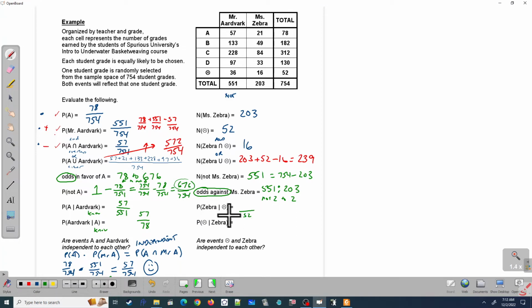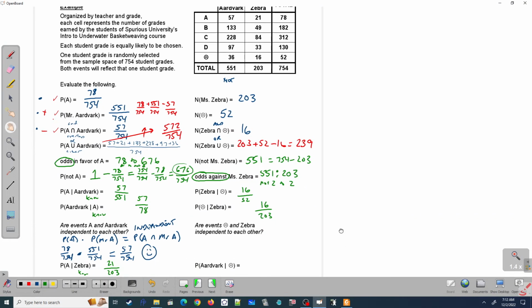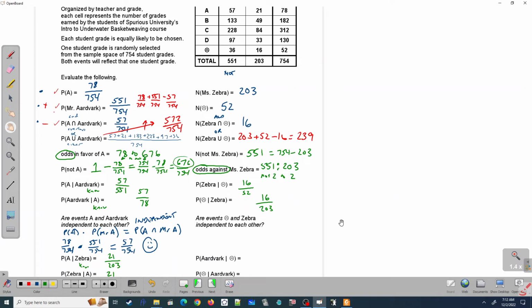Of the 52 students, 16 had Miss Zebra. If I know I had Miss Zebra, I'm going to narrow it down to 203 students, but again, still 16 students were unhappy and also had Miss Zebra. So if I'm going to try to determine if these are independent events, just like A was independent, didn't matter which teacher he got, well, then I should go ahead and take the probability of, in this case, the unhappy grade,